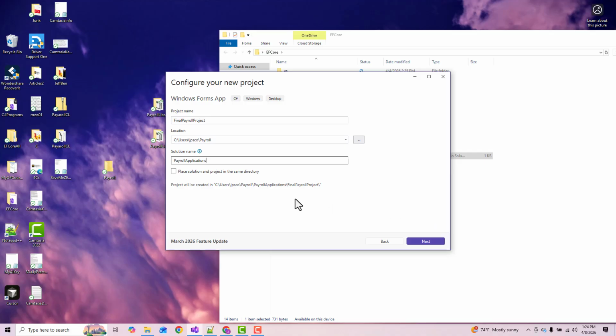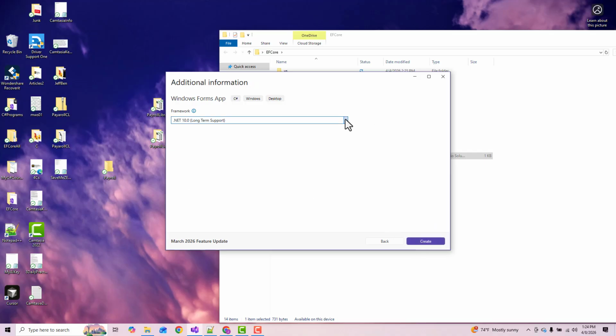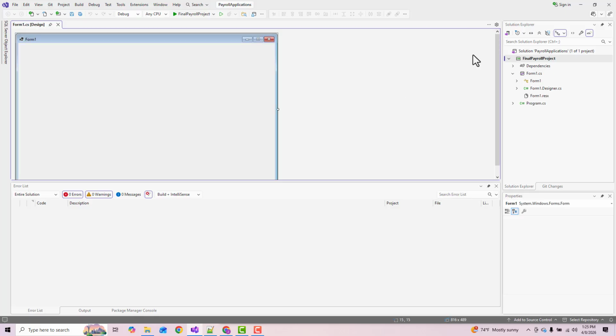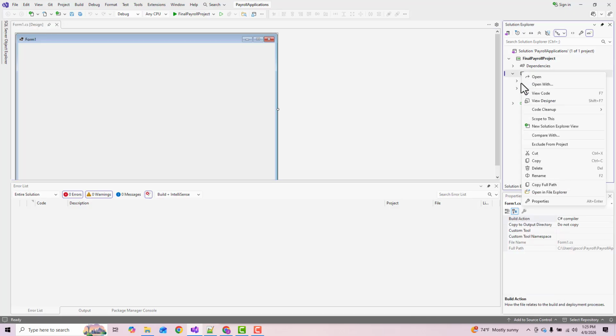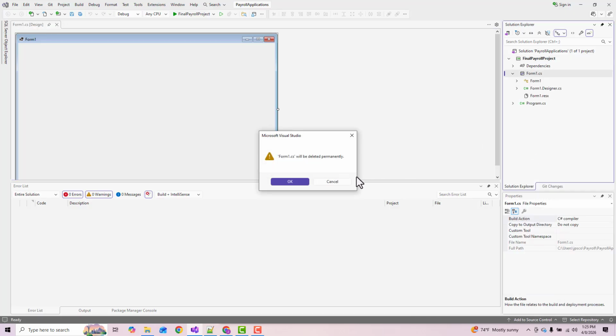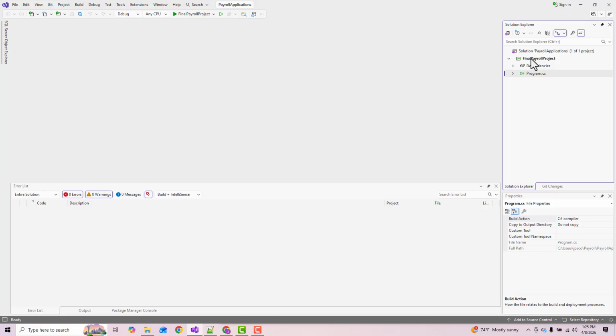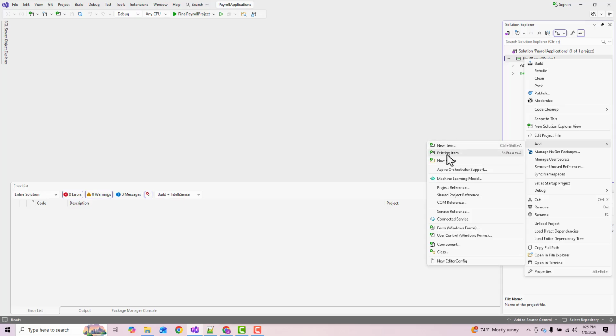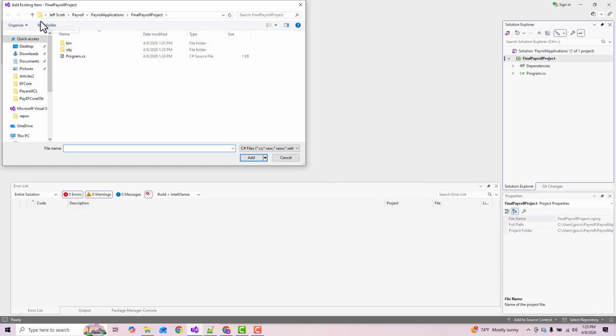Let's see if we can get this. Next, we're going to put in here 8, because that's the one we've been using, and a create. Okay. So we've got all this stuff. All right, now I'm going to come in here and I'm going to delete this. And I'm going to come in and try to add all the other stuff that we had. So I'm going to come in here and add an existing item. I'm going to go back to where I was here,